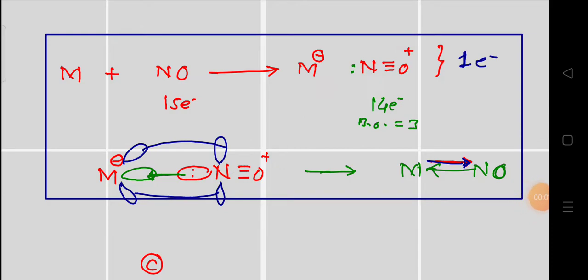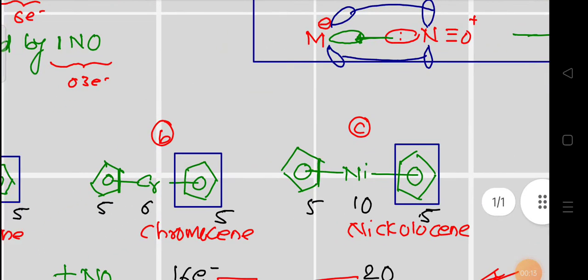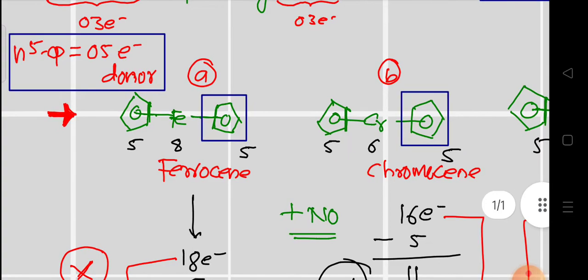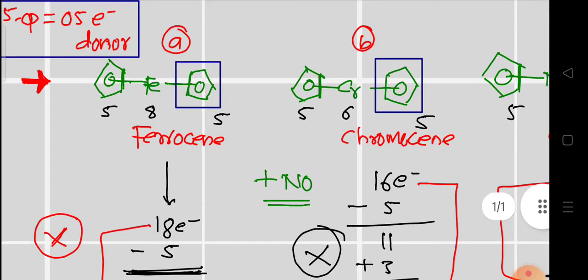So it is a 3 electron donor. Okay, one electron is donated from the NO first, and the second pair will be donated like this, and this is actually what, again, bonding is similar to that of a metal carbonyl complex. Okay, so we will see some examples of how to find out the electrons particularly here.